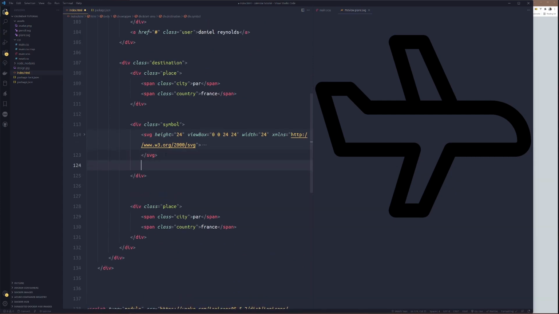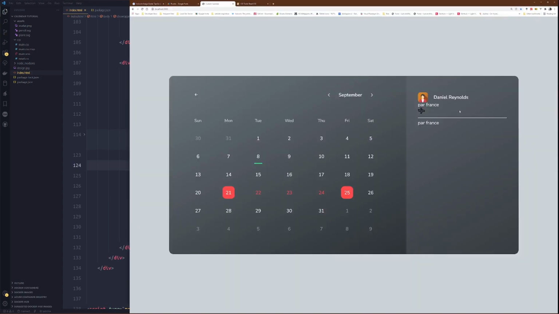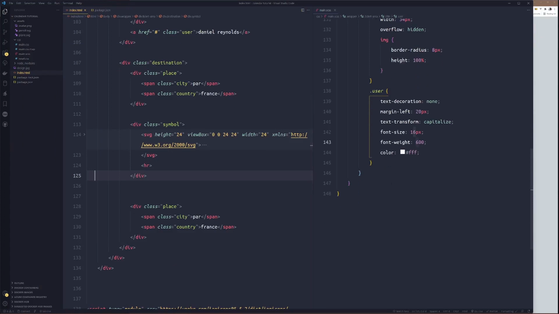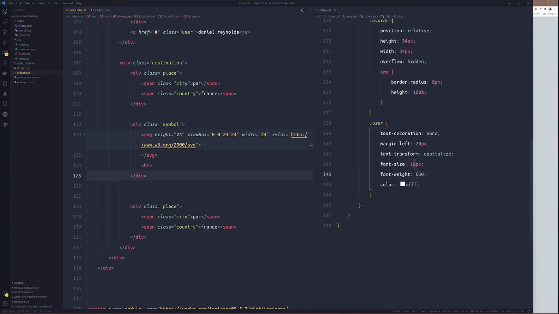Then underneath I'll put an arrow here. Let's see. Alright. So now how do we turn this into this? We use CSS. Just after the title, we'll target the destination.